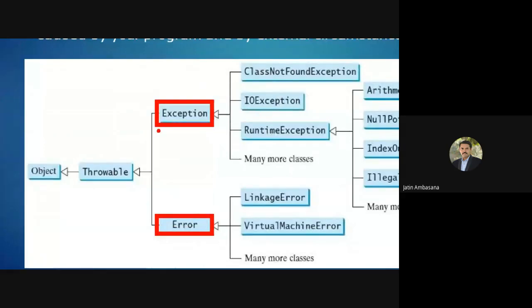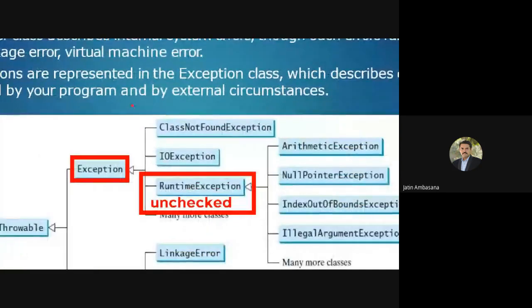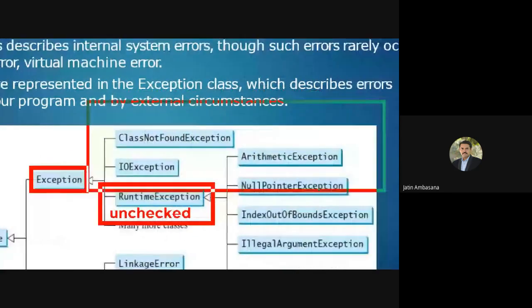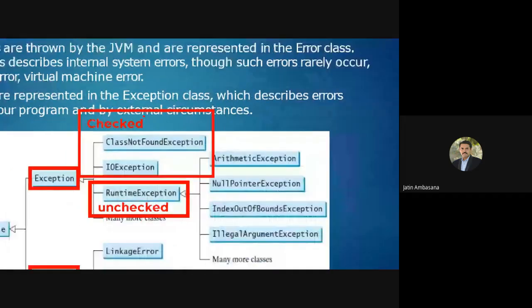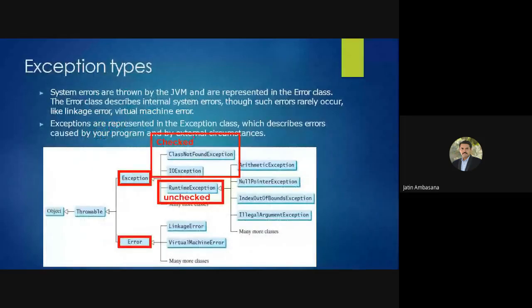In exceptions, there are specifically runtime exceptions, which are unchecked exceptions, and there are a set of other exceptions, which are checked exceptions. The checked exceptions have to be put in try catch, and the unchecked exceptions, if not put in try catch, that is okay.